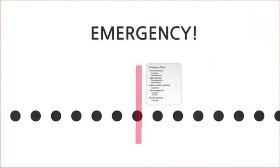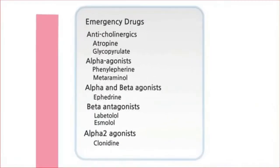So intraoperatively, we anaesthetists tend to tweak the blood pressure and the heart rate to keep everything within an acceptable range. However, at some points there are sudden drops or rises in blood pressure and heart rate. So now I'm going to talk about some of the drugs that we can use to combat these. So if a patient has dropped their heart rate, but you're quite happy with the blood pressure, you can give an anticholinergic such as atropine,